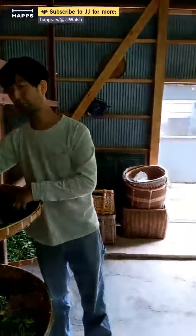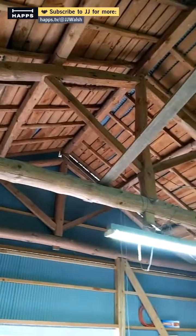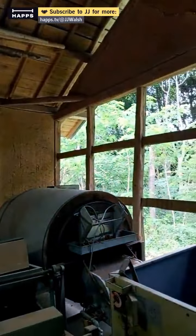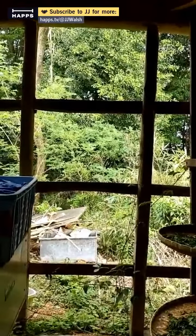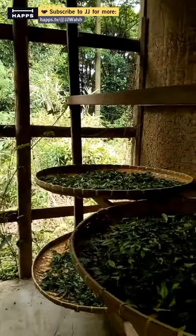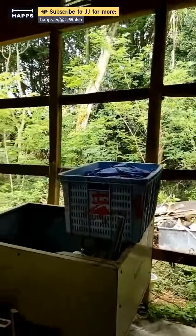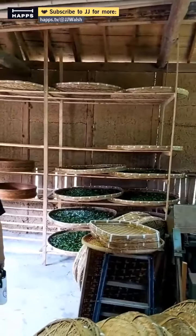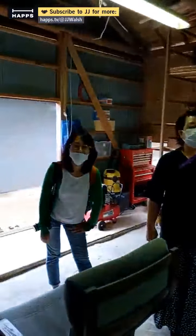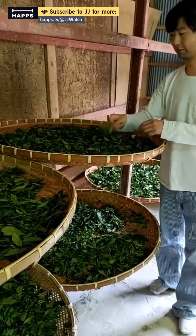I love this open storage. You had to do some reform for these buildings. It looks like a new roof, maybe? There were walls originally, but to make the withering process efficient, they knocked them out and made it airy, so there's always fresh air. Yeah, really fresh air. So even in winter there's no wall? Right, because they don't make tea in winter. So only spring, a little bit of summer season. So it's okay that there's no wall on this